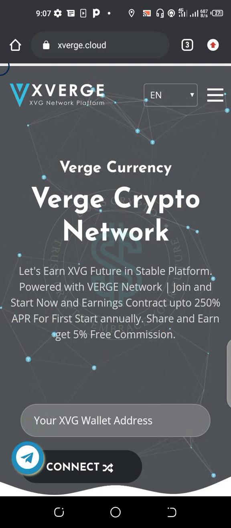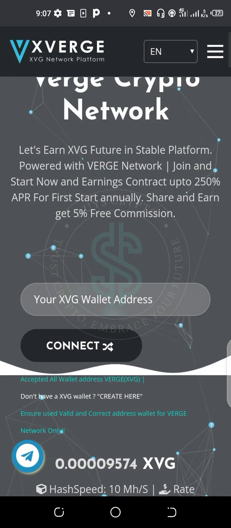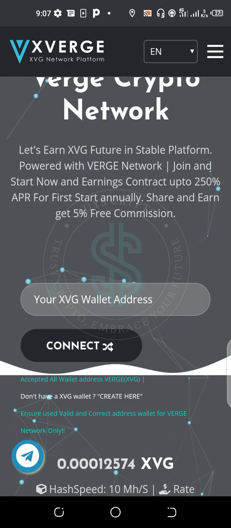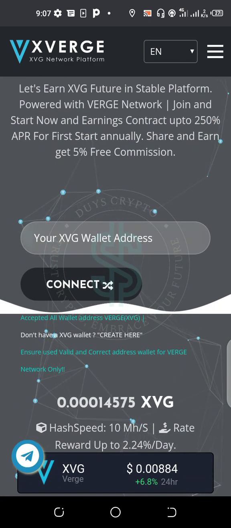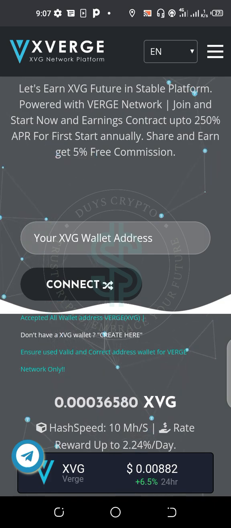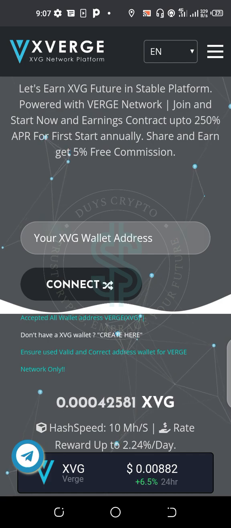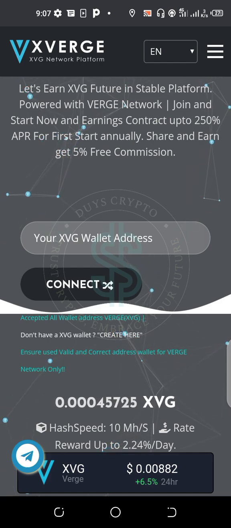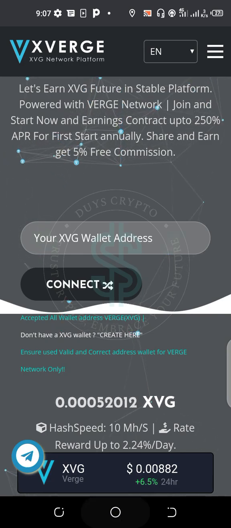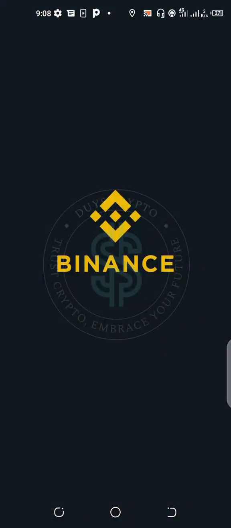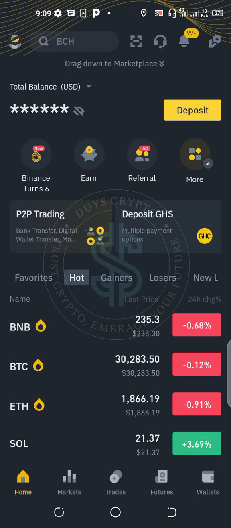So the next thing that you have to do, you have to log in or connect with your own address. Otherwise, anytime that you open the website, it will always read the XVERGE for you without getting anything from it. So right now you go to Binance, a crypto wallet called Binance. Okay, so when you open your Binance account, you have to go to deposit, the deposit on top, the yellow